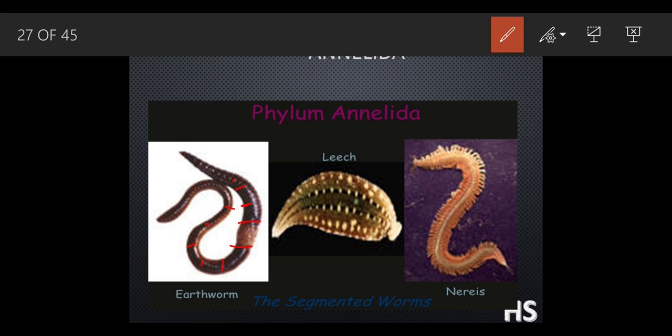So basically between Nematoda and Annelida, there is one major difference. See, in Annelida they have the segmented body, whereas in Nematoda they have the unsegmented body, means they do not have the segments. Their body is straight, like this. They have the two openings, the mouth and the anus, but they do not have the segments. But in earthworms and all, they have mouth, they have anus, and their body is segmented like this. So there is a difference between these.